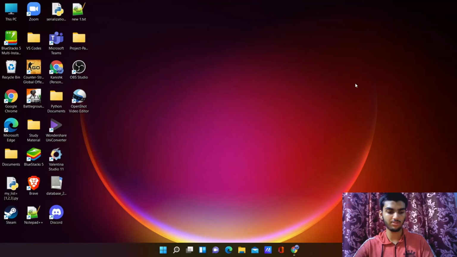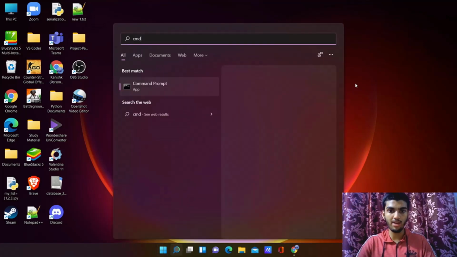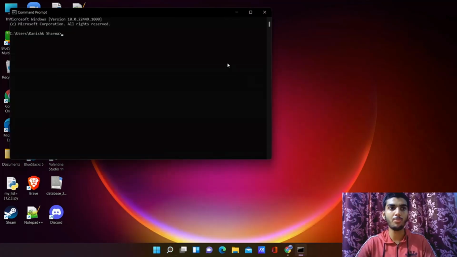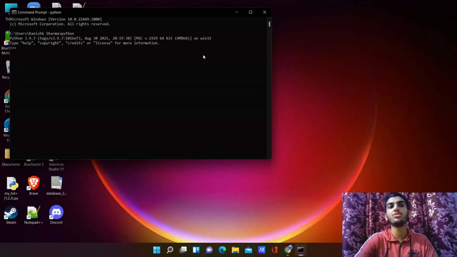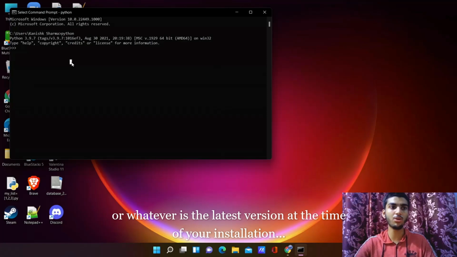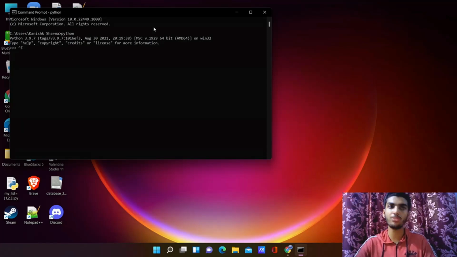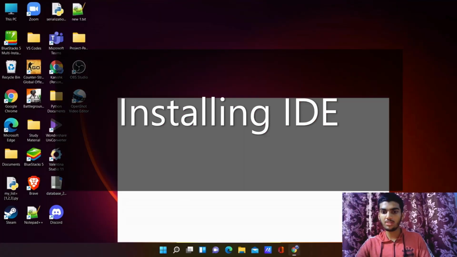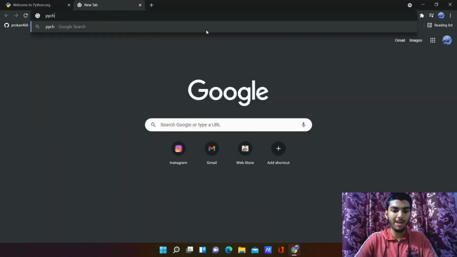and let's close it. Now to test whether your environment is fully ready, open command prompt and type in Python. If you don't see any error, and directly see Python 3.9.7, you're good to go. And so this is how you set up your environment. Your Python environment is set up, your Python is installed. Now the last thing to do is install an IDE. So we'll go for PyCharm